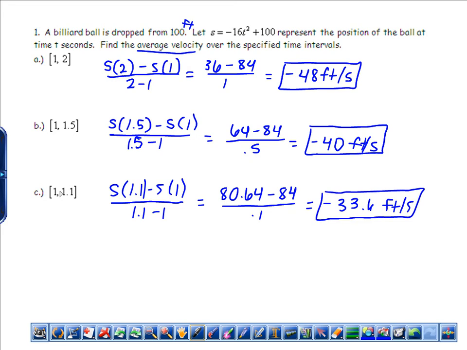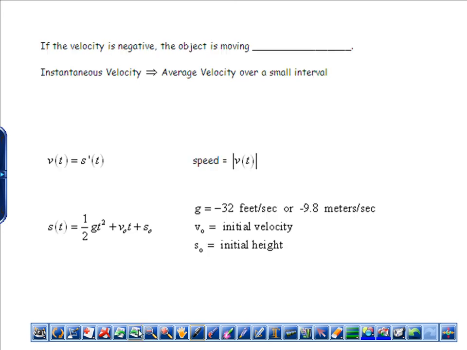And as I lower this increment, as the second number becomes closer and closer to 1, I'm getting closer and closer to the instantaneous velocity. I'm just going to abbreviate here because you're going to see it written out right below this. So the instantaneous velocity at what time? At t equals 1. This increment's getting smaller and smaller. The secant line is going to become more like a tangent line, and that's where we're going to bring in